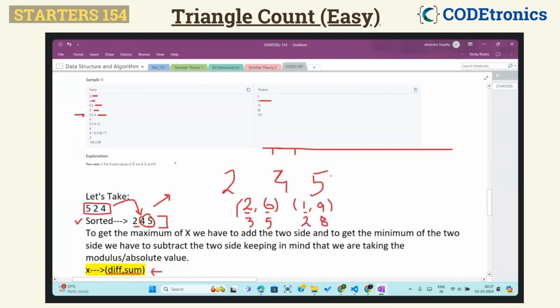So let's put them. If we put these values, what are we getting? We are getting 2, 3, 5, and 8. Now if we simply calculate these values, we will get our range. So what is the range value? This is 3 to 5 and this is 2 to 8. If we deduct 2 from 8, we are getting 6, and obviously deducting 8 minus 2 will